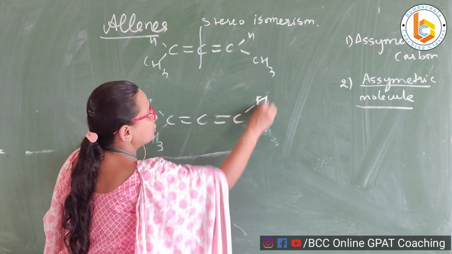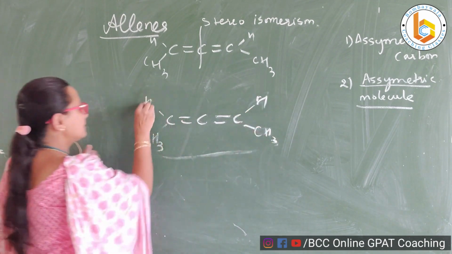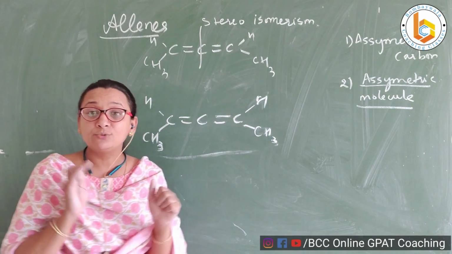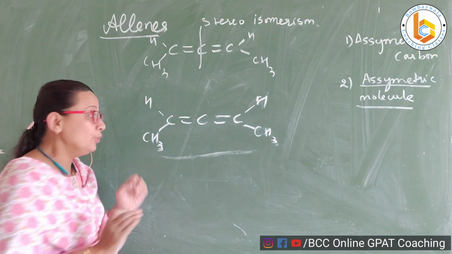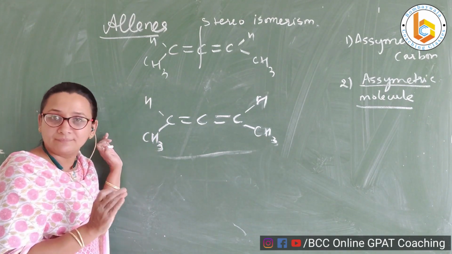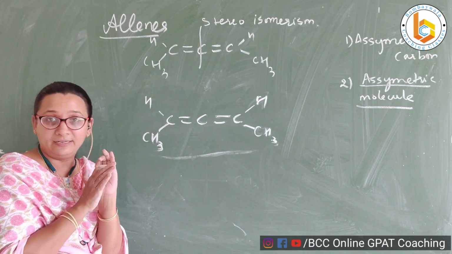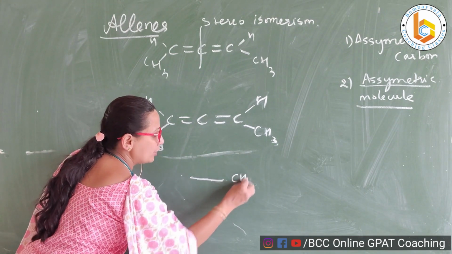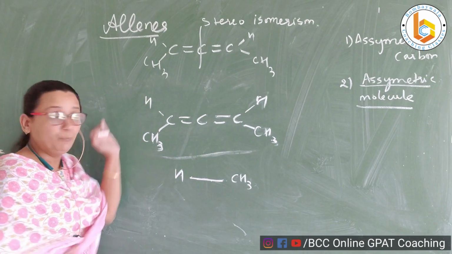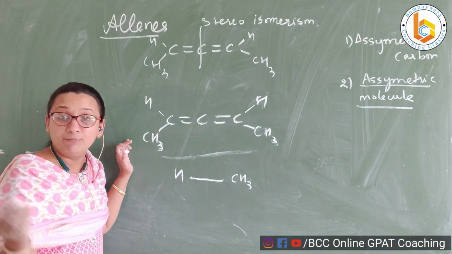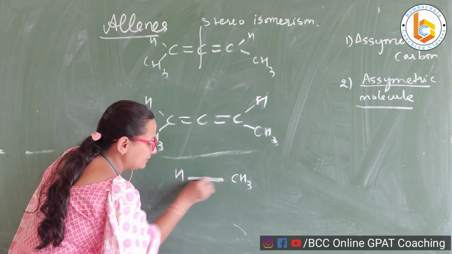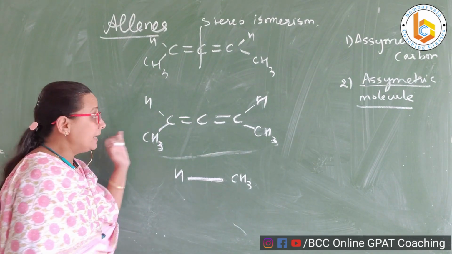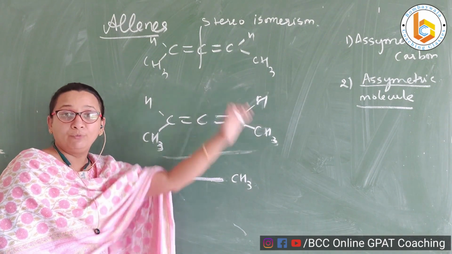See, this is H and this is methyl, and this is H and this is methyl. This is very unique, right? You have to see it from one side. From this side, for example, you are seeing your allene. The side from which you are viewing, you put it on the horizontal axis. Many books say that you make a thick line like this here. This is saying that it is near you. Then what is far, you put it on the vertical axis.